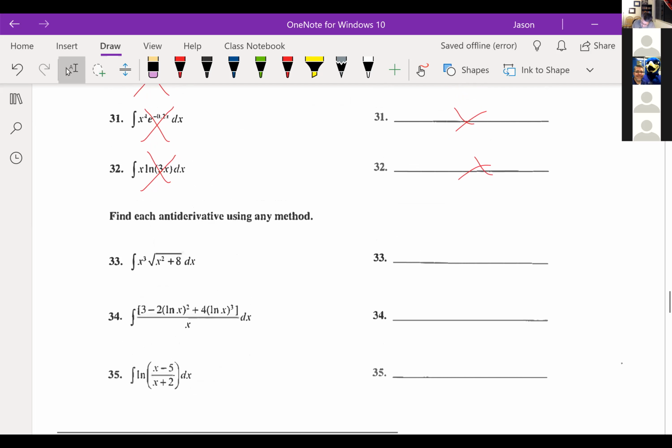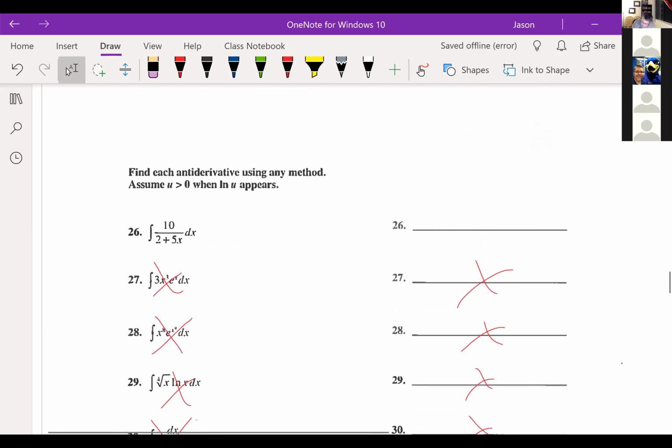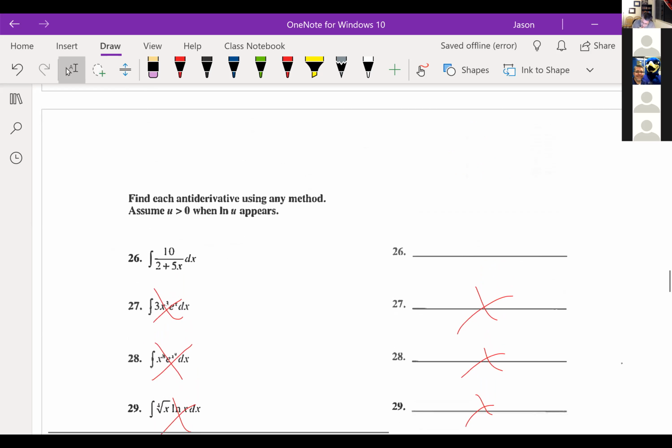Excuse me, are you leaving 26 in there or also you're getting rid of it? 26 is okay? Yeah, I think 26 would be okay. Because you can just do a U sub on that. U is equal to 2 plus 5x. So du is equal to 5 dx, right? So we're going to integrate